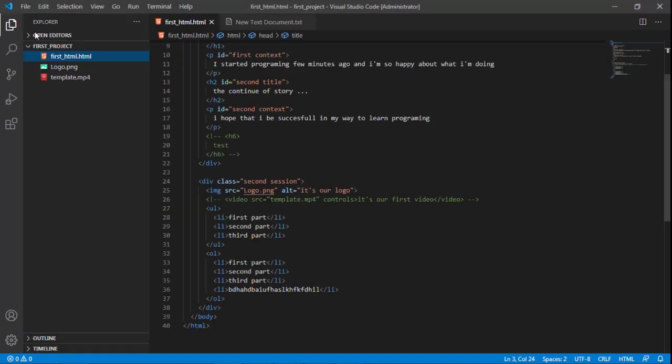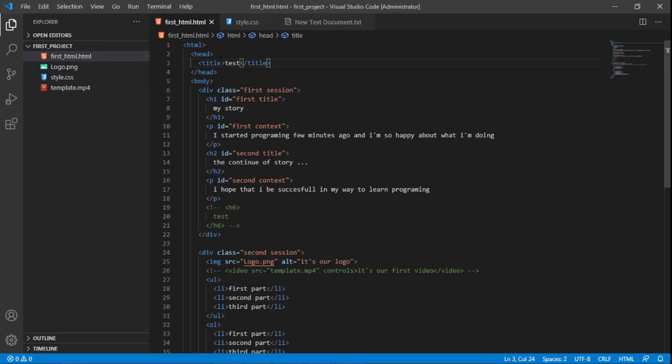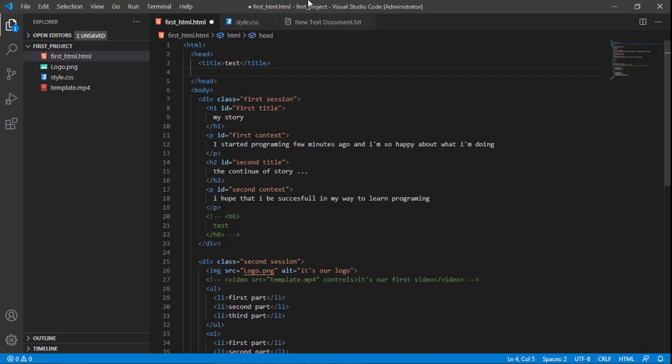In order to do this, first you need to create a file from this part, and you can name it anything, but it should end with .css. For now, I'll go for style.css, and then you just need to come to head, and inside of head, before or after the title, it doesn't matter,